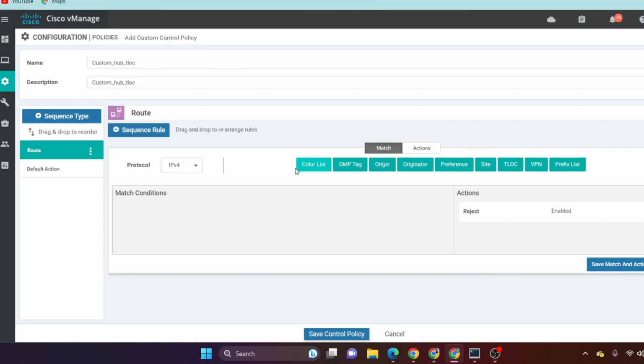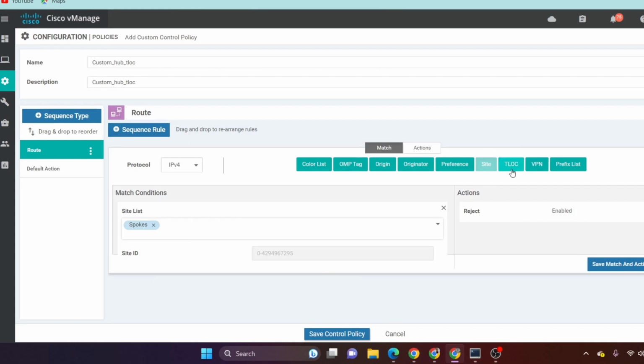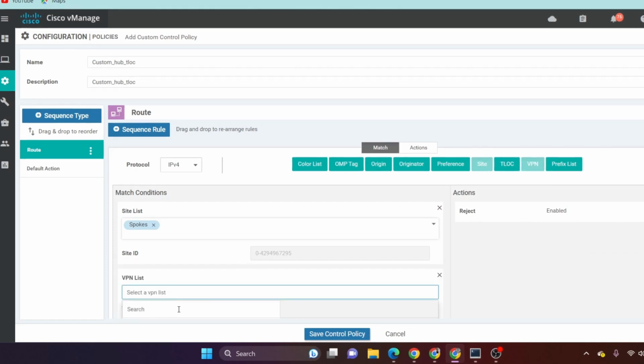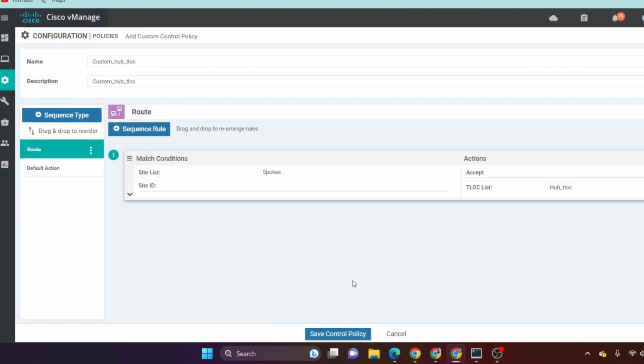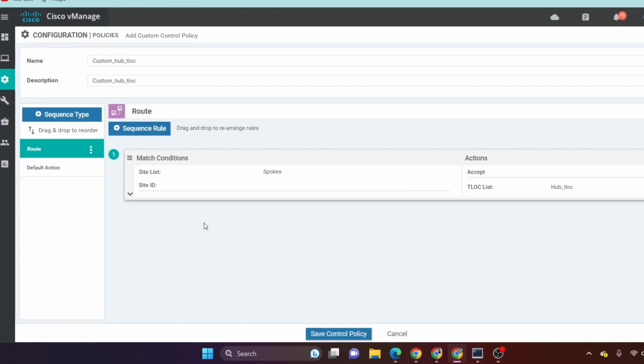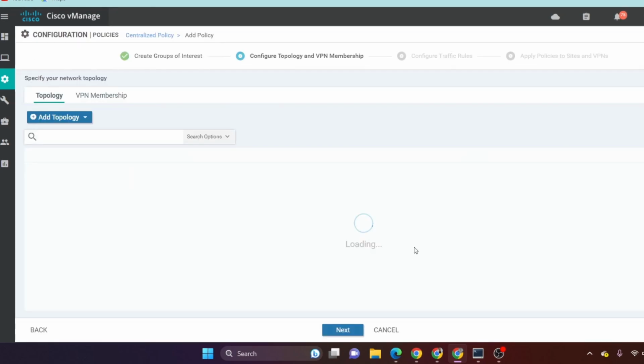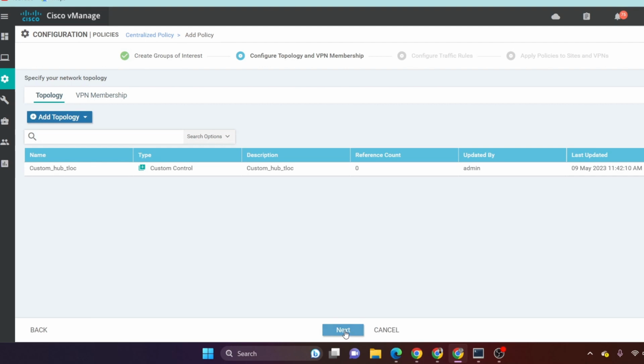So let's say we'll match our site as spokes, and VPN is VPN number 2000. This is what we want, and we want to match them to a TLOC, and our TLOC is hub TLOC. So this is the second method of doing it. Default action is already accept, which means any policy after this policy will be accepted. It's just like an ACL. If you put a deny at the end of any ACL and you try putting a new entry after that, it won't work. So let's save the control policy,